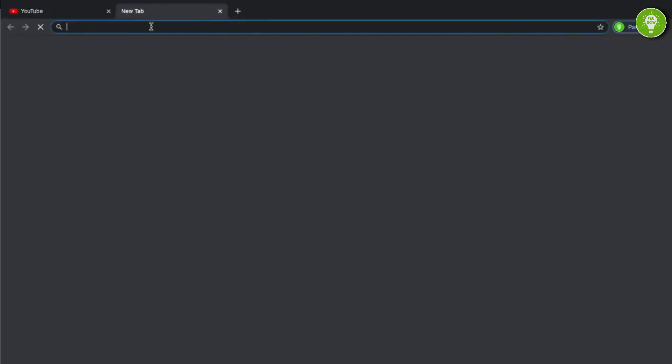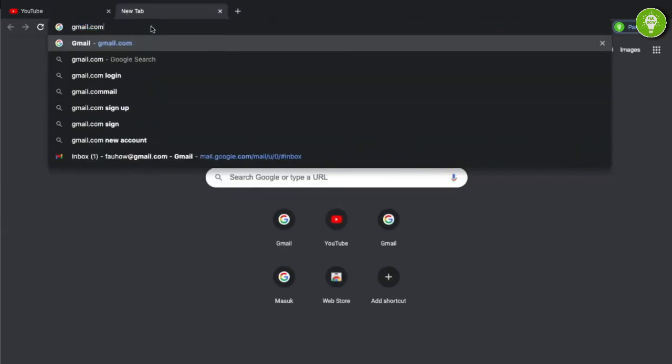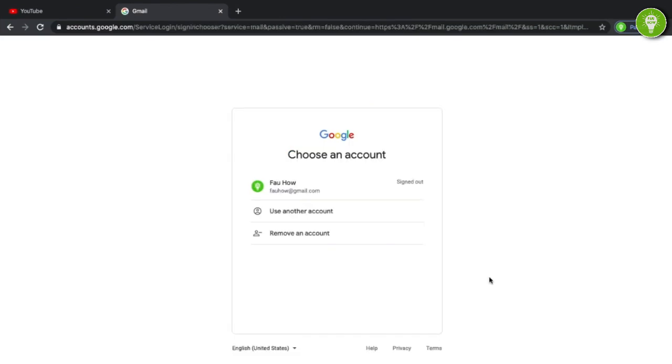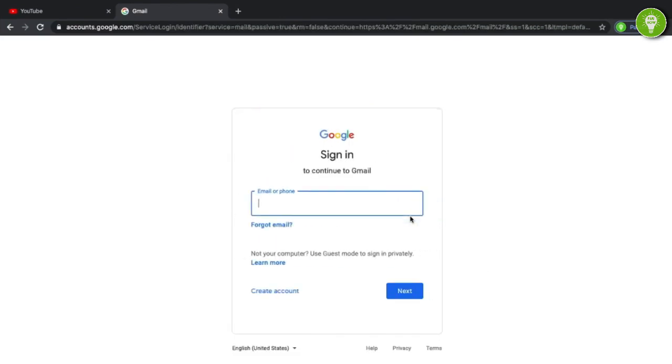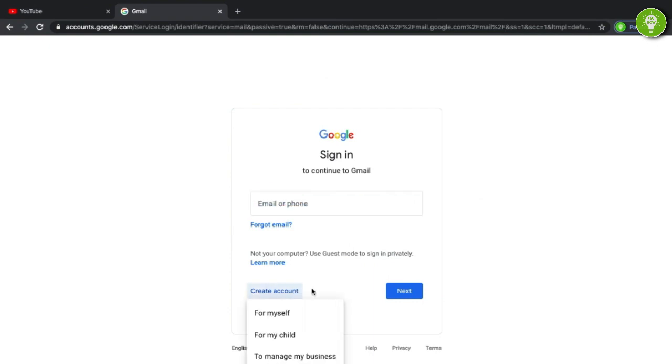For the first, open a new tab and then type gmail.com. After opening gmail.com, you can choose Use another account to create a new account. Choose Create account if you have not had a Gmail account. You can choose for myself,